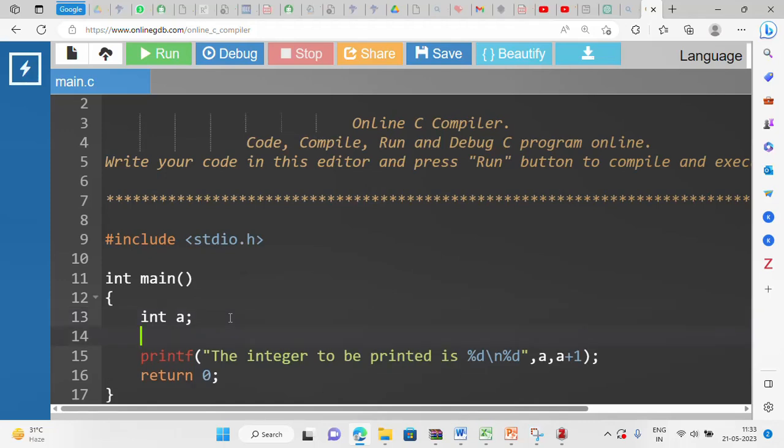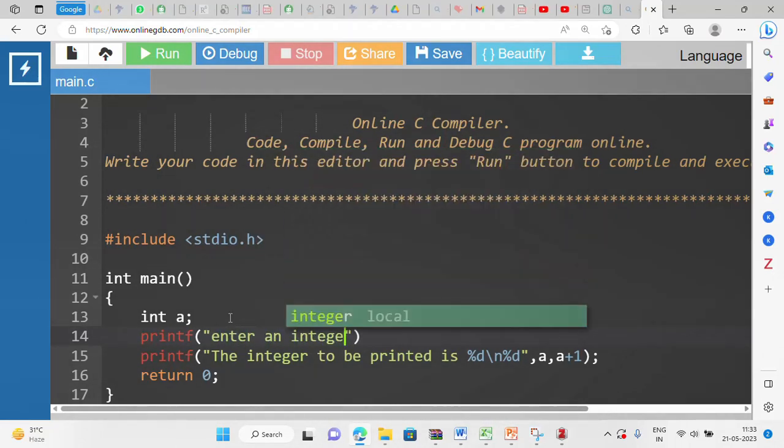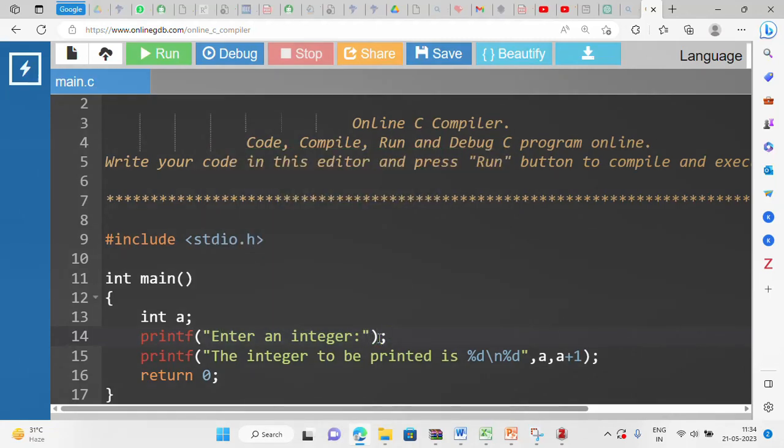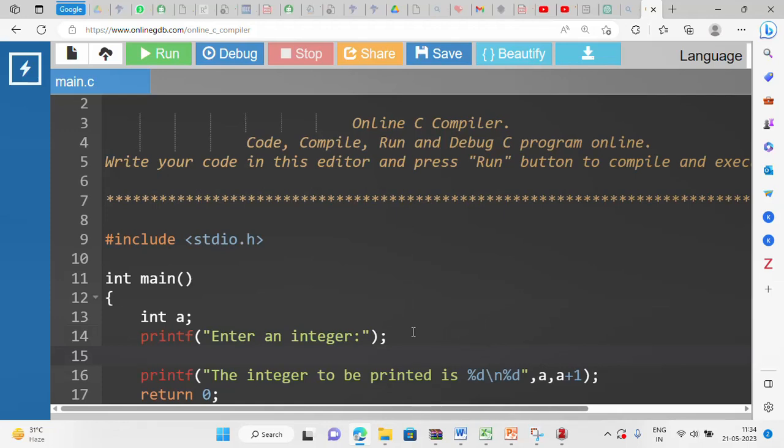I want to get the value from the user. For that, I'm asking the user using printf: enter an integer. As I said in my previous video, if we give something inside the double quotes in printf, it will print as such. We have also seen how to use the format specifier in printf. The user will enter an integer. So how to get the integer? We have to use